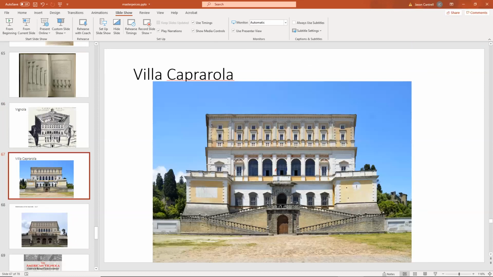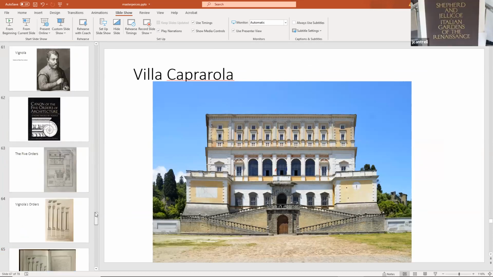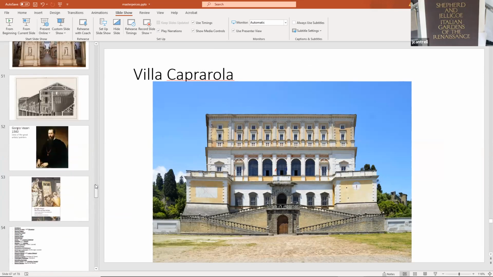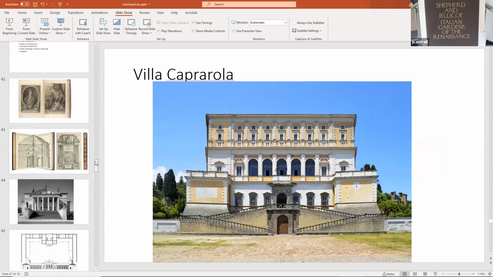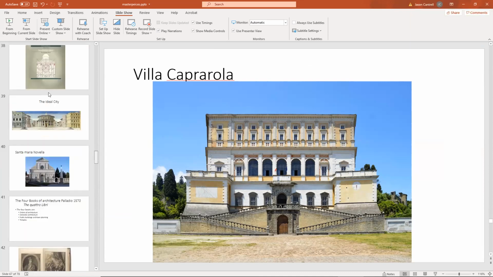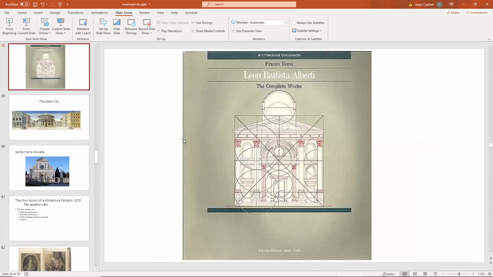There's one question here. It's, what was the name of the book resource again? Was it Rizzoli? That's what, yes, Rizzoli. I think Rizzoli has probably some of the best architecture books, because the Rizzoli, let me go back to the image. Yeah, I think this one's written by Francesco Borsi. Of course, he's Italian. Because Rizzoli books are more analytical. A lot of the Phaidon books are great, but they have a lot of what I'm calling coffee table picturesque images. But if you want to study architecture, well, the Rizzoli books are very good as well too.